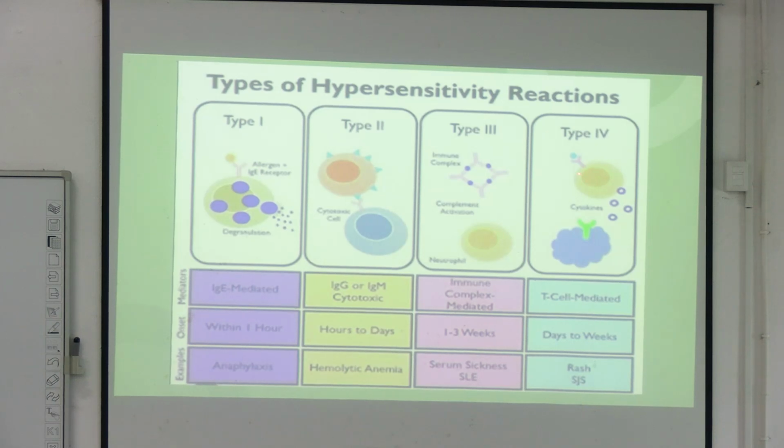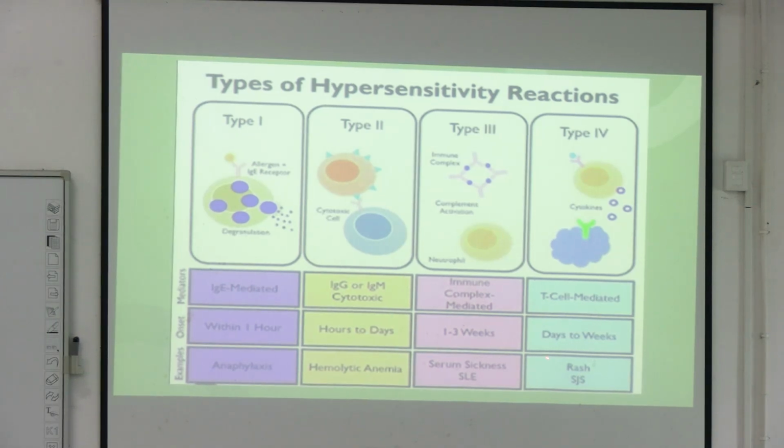Type 4 rash, contact dermatitis type, tuberculin test, SJS means Stevens-Johnson syndrome. Okay, very fatal. Stevens-Johnson syndrome due to any drug allergy, delayed hypersensitivity reaction, it is very fatal. Most patients, almost every patient, if they develop SJS, unfortunately they die. Okay, that is an extreme kind of